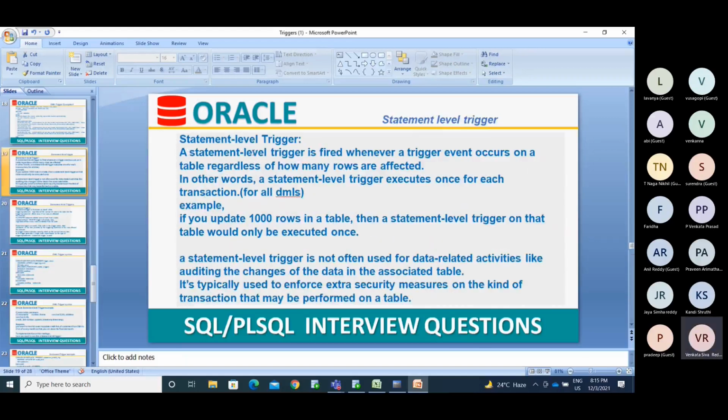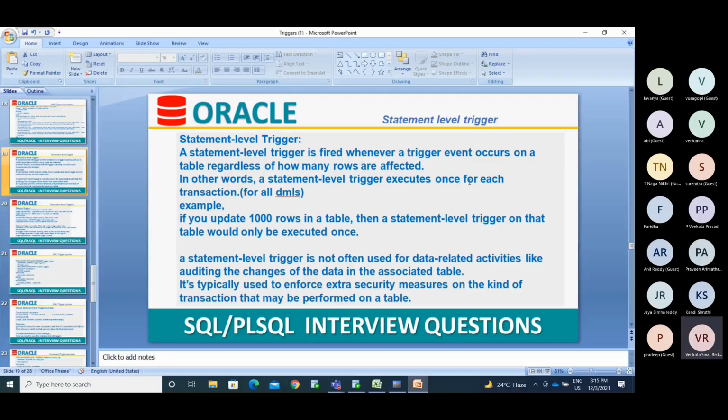A statement level trigger is fired when a trigger event occurs on a table, regardless of how many rows are affected. In other words, a statement level trigger executes once for each transaction.